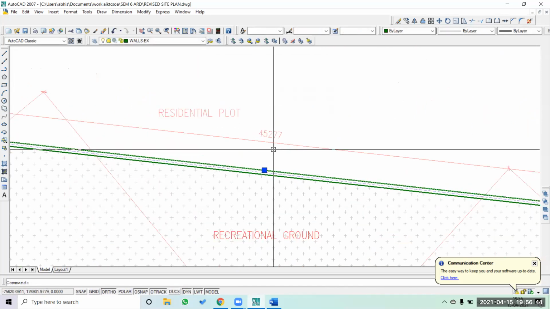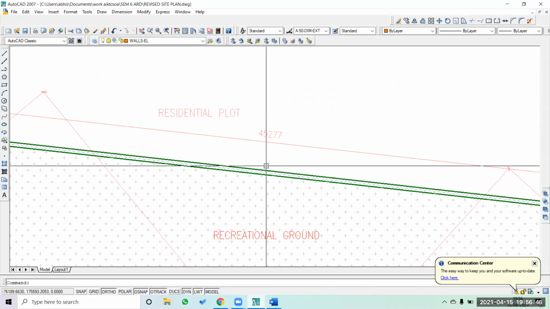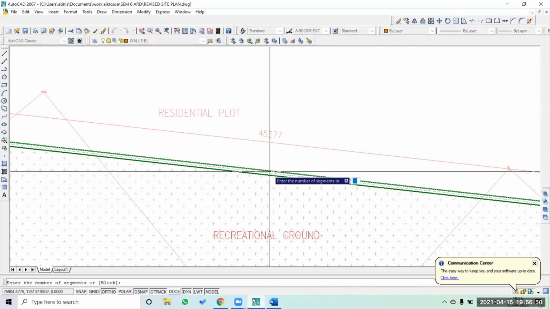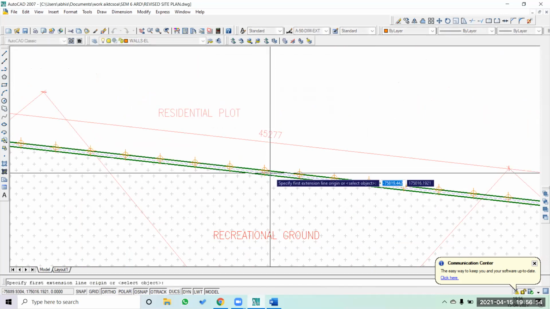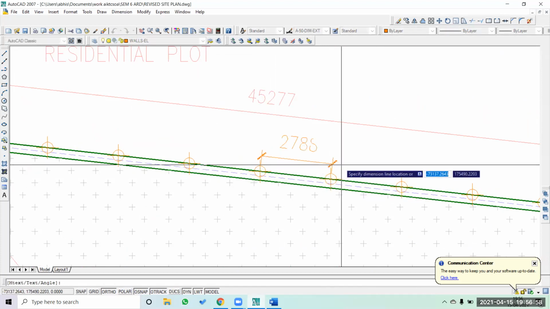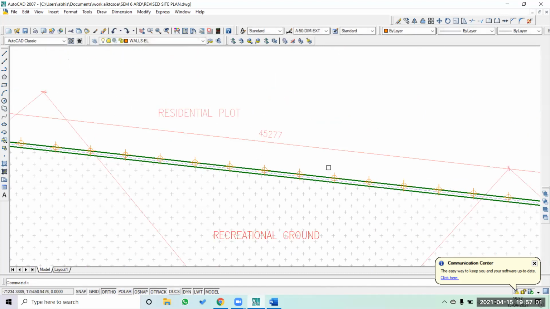This particular line is approximately 44. To get 3.4, I might have to divide this line into 16. Something comes around 3.2, that will be okay. I have to divide it into 14 now.